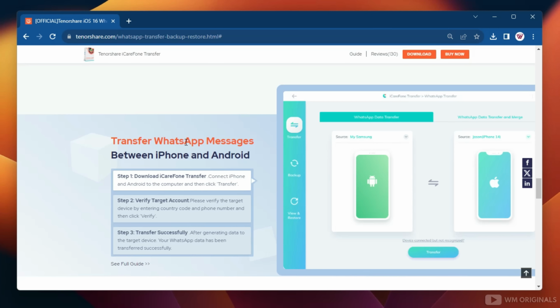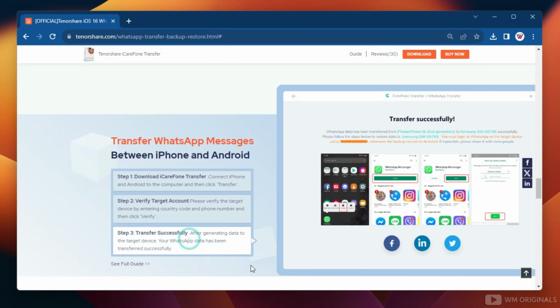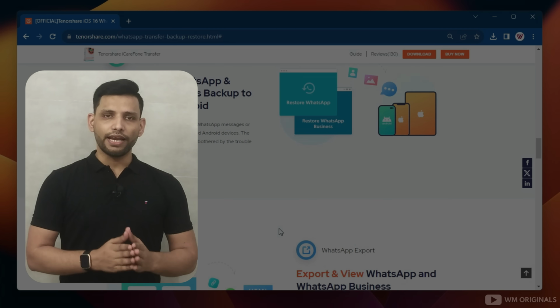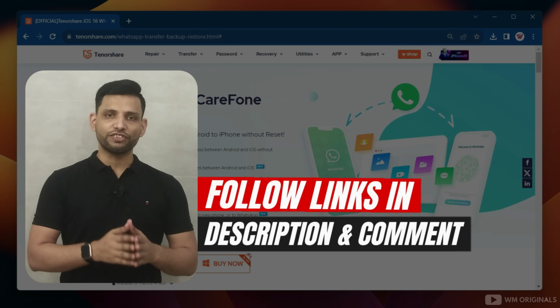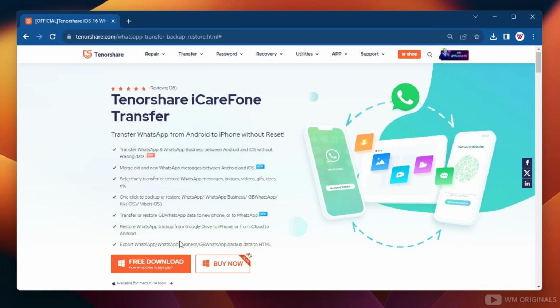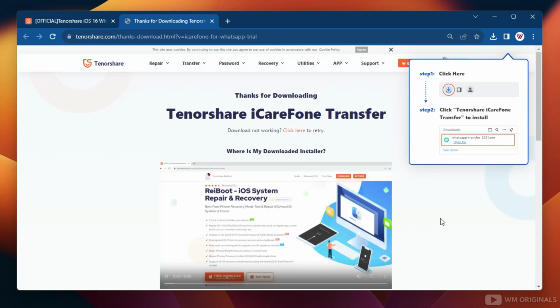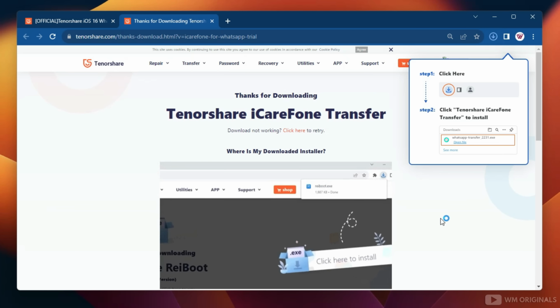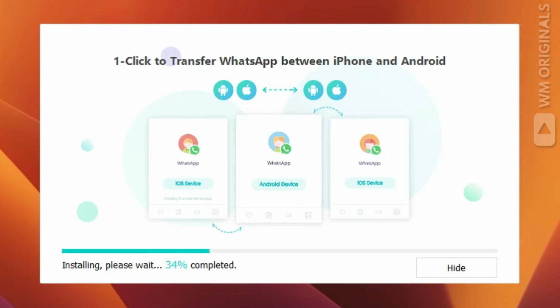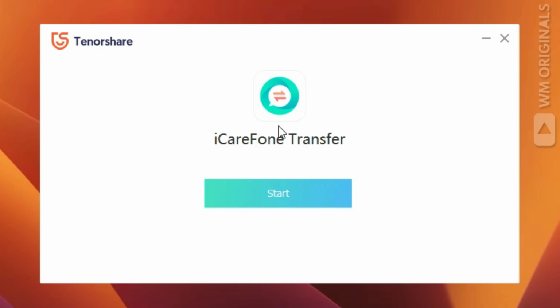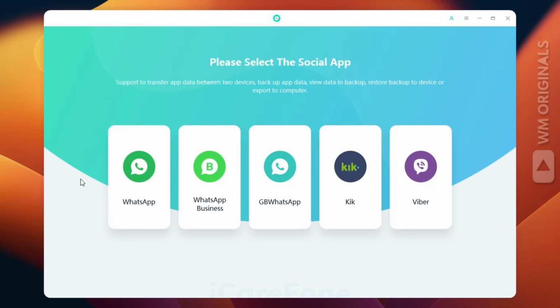All you need is to follow 3 simple steps and you can transfer WhatsApp from Android to iPhone 15. This seems really easy. Let's give it a try, and for that follow the links in description and pin comment to visit this official website. Now click on free download. It starts downloading, and once Tenorshare iCareFone Transfer free download completes, click on it to start with installation process. Follow the steps to complete installation, and once done, here we have Tenorshare iCareFone Transfer with all its features and